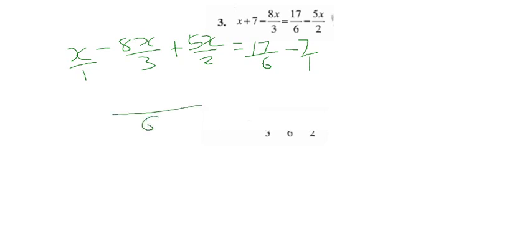So now 6 divided by 1 becomes 6 here. And if you multiply by the top number, there is x, meaning there is only 1, so this becomes 6x. Then 6 divided by 3 becomes 2, and 2 you multiply with 8, so it becomes